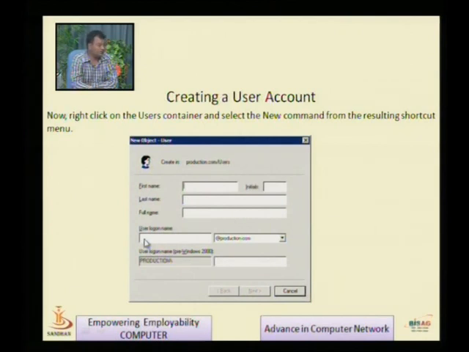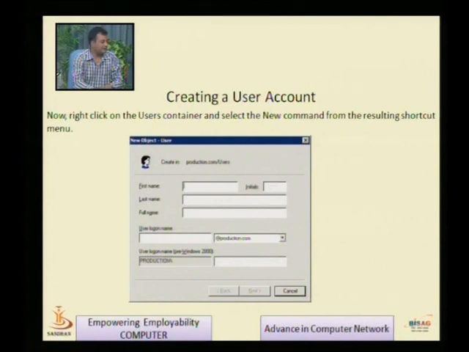And for the user logon name, I want to give my user logon name as AMG, for example. So once I enter my information, that for Atul M Gosai the username is AMG, my password and my domain, that I have to set.